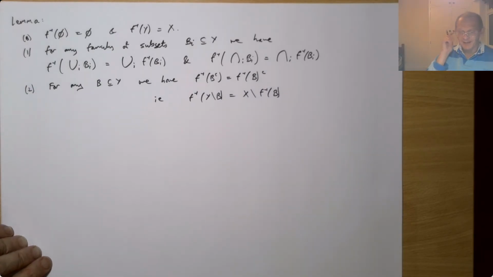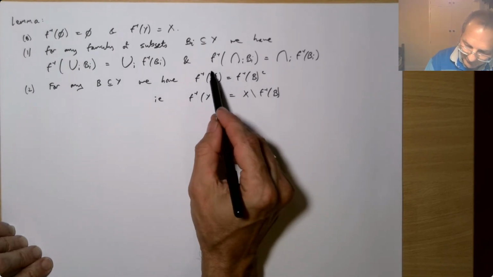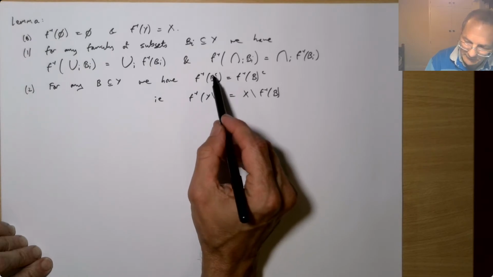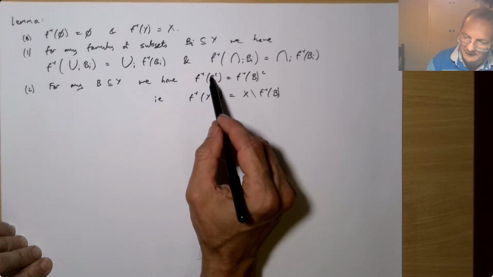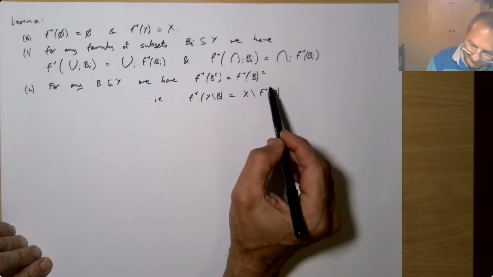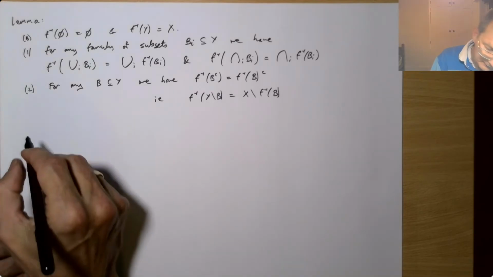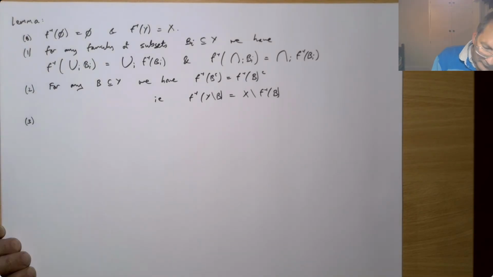f inverse is also compatible with taking complements. So you've got your subset B of Y, then you can either firstly take the complement within Y, which would be called B complement or Y less B, and then you take the pre-image of that. Or alternatively, you could take the pre-image first and then take the complement of that, but it doesn't matter what you do, you get the same answer. And thirdly,